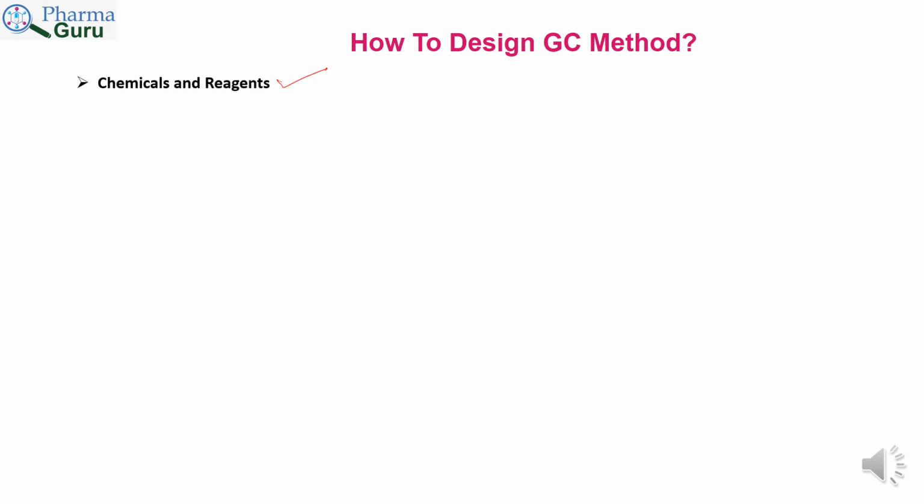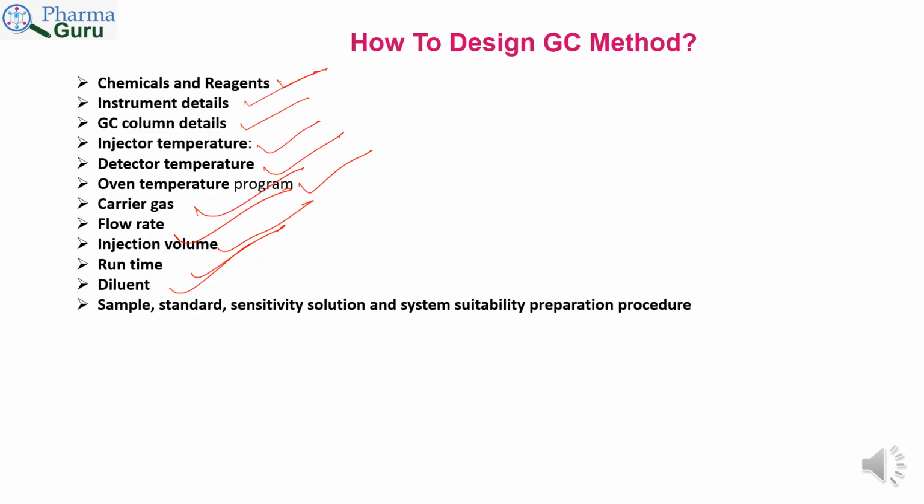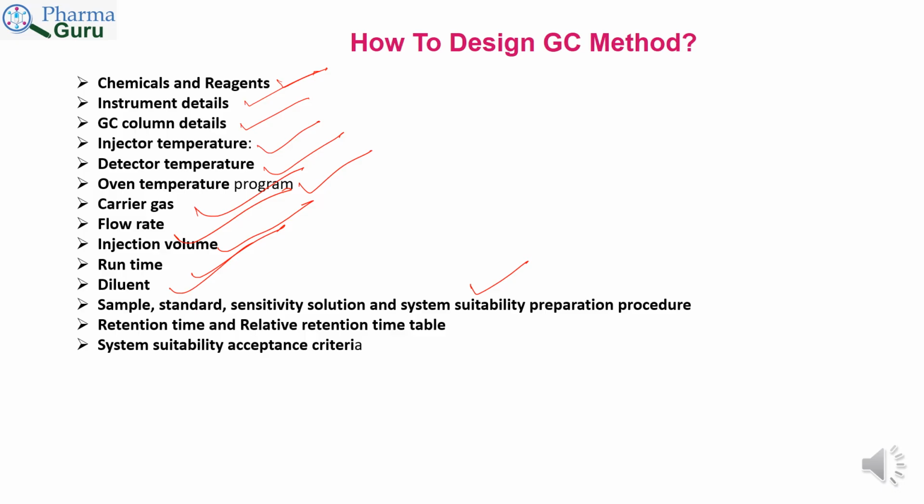A method must contain chemical and reagents with all details like part number and purity and expiry date, instrument details with detector, column details with part number and manufacturer name, injector temperature, detector temperature, oven temperature, carrier gas, flow rate, injection volume, run time, diluent, sample, standard sensitivity solution and SST solution procedure, retention time and relative retention time in tabular form, system suitability acceptance criteria, procedure of injection and calculation, typical chromatogram of DL, QL, diluent, standard, SST and